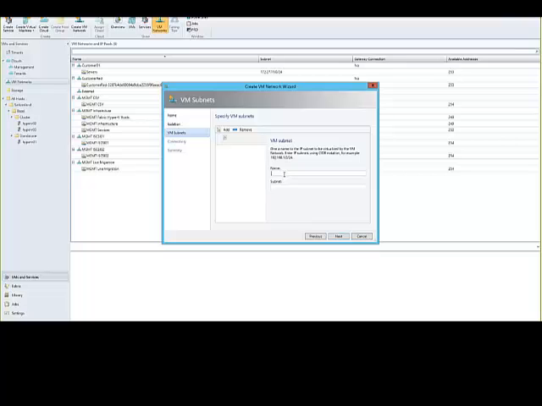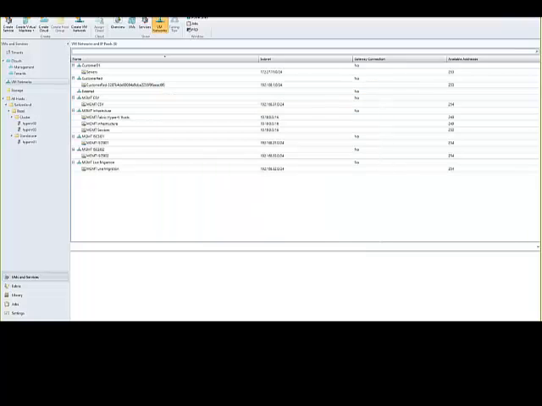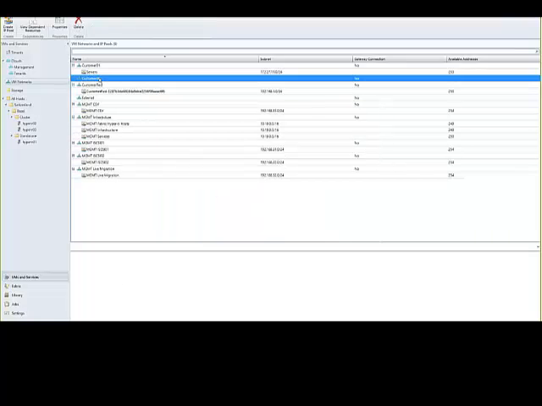So what I do here is I create a new network for that customer. A customer can have multiple networks. I can name the subnet, and I don't really care which subnet it is, because network virtualization can have the same subnet multiple times. If I would use a network virtualization gateway, I could connect the gateway here. I say finish, and now I can use that virtual network here and connect that to virtual machines. That's simple. So very, very easy to do network virtualization with Virtual Machine Manager.